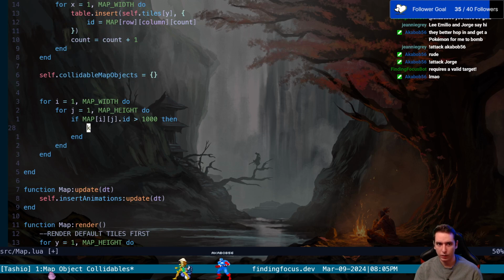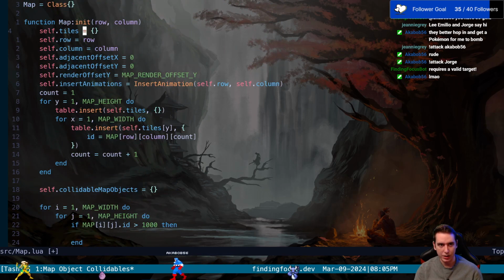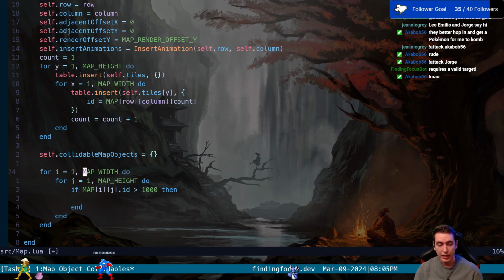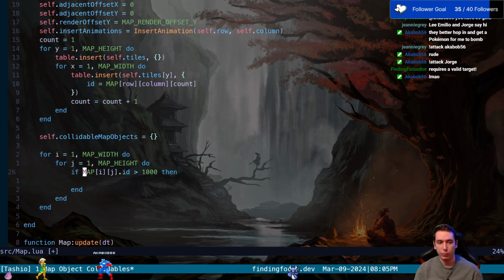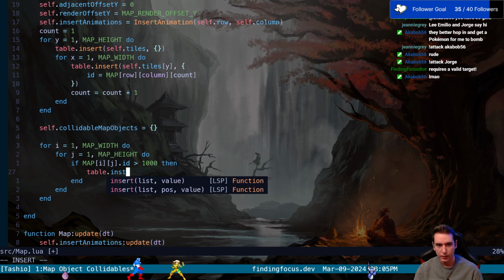So that might work. So let's continue to build this out, and we would have to say, you know, we would insert whatever object into this table here. So when our map gets initialized, then our maps table is set to 0, and then we're going to cycle through all of our maps, and we're going to check if the ID is in that range of our collidable map objects. And then if it is, we're going to do a table.insert, and we're going to insert into our